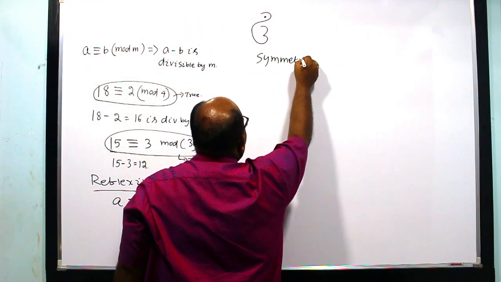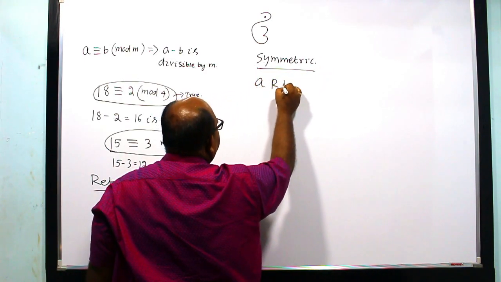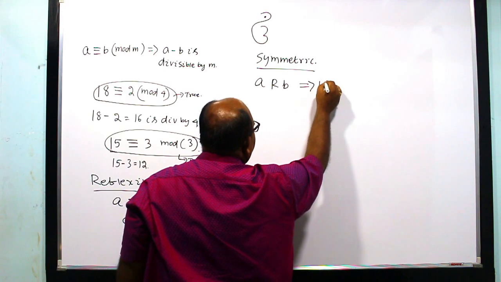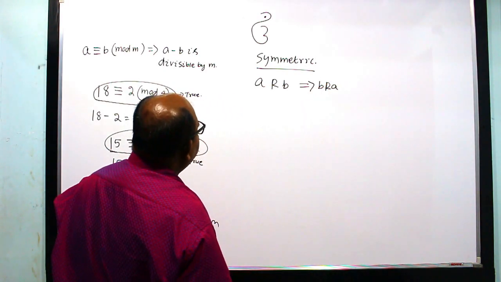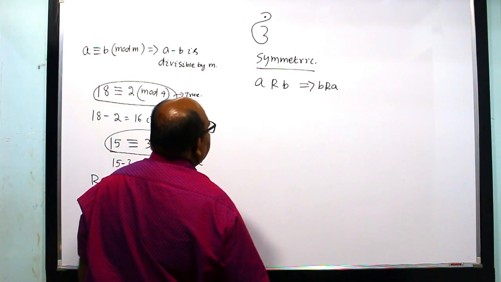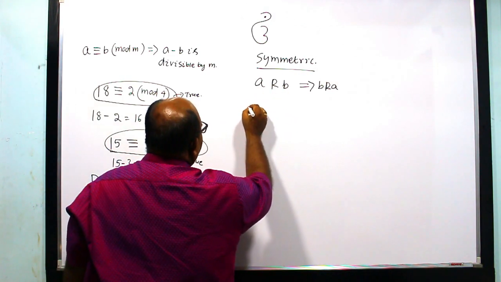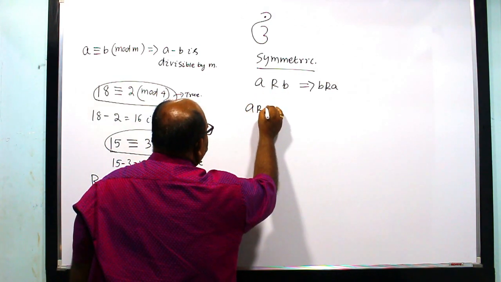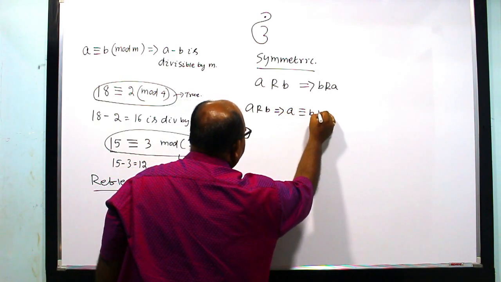Symmetric test: how to do it? Take A related to B, then try to find B related to A, true or false. If B related to A is true, then symmetric; if B related to A is false, then not symmetric. Now A related to B means what? A related to B implies A congruent to B mod